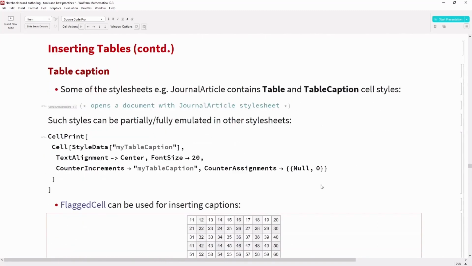Similar to images, you can caption your table as well. You can refer to those tables from your relevant sections or relevant parts in the notebook. The Journal Article style sheet again has similar cell styles for table and table captions.